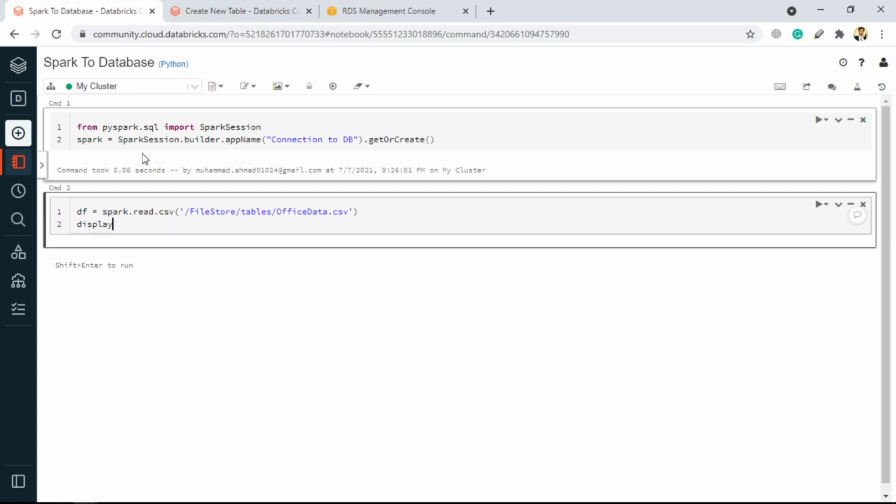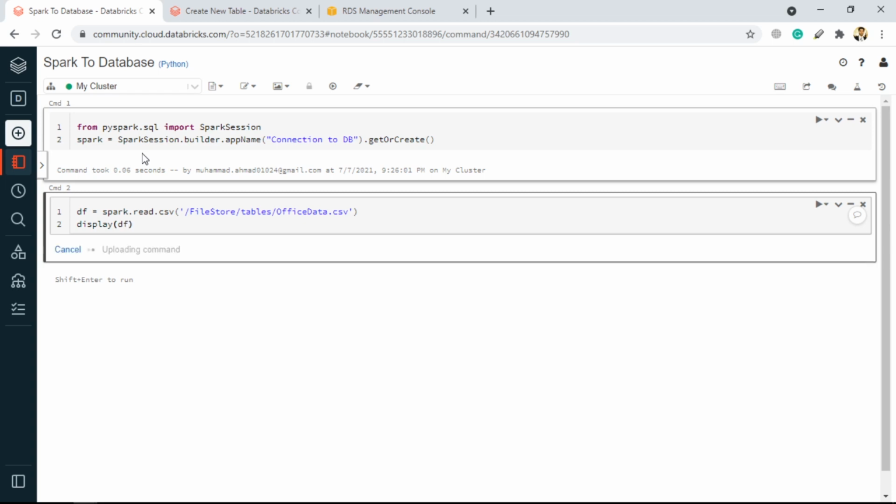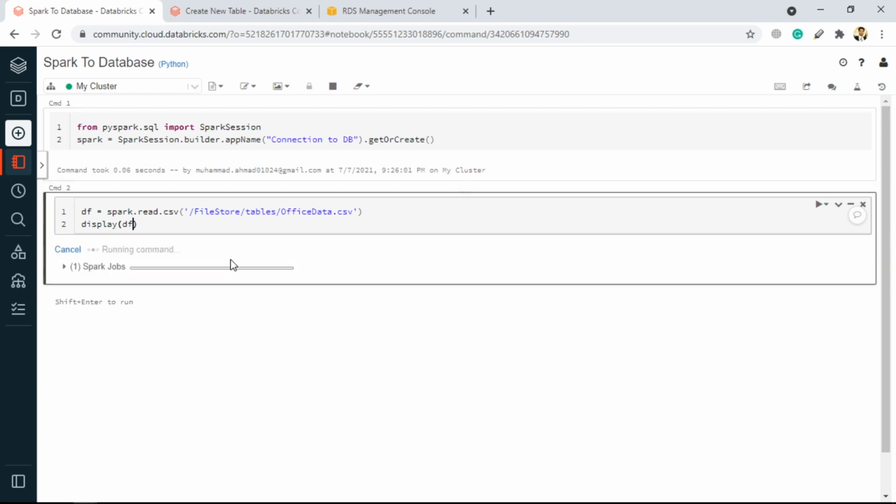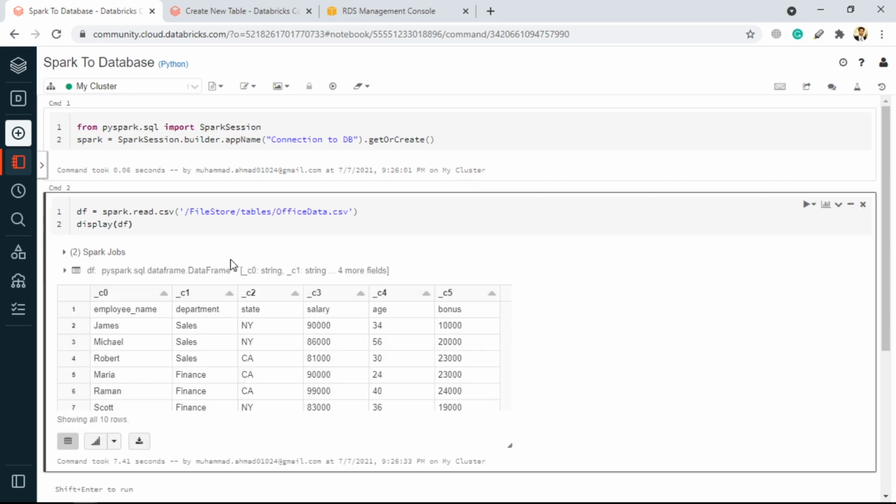So to get the headers, we have to specify the option after the read, and it will go like option, and we will specify that the header must be true.